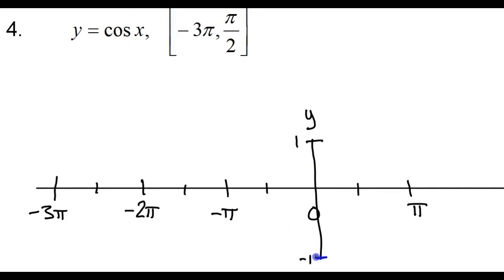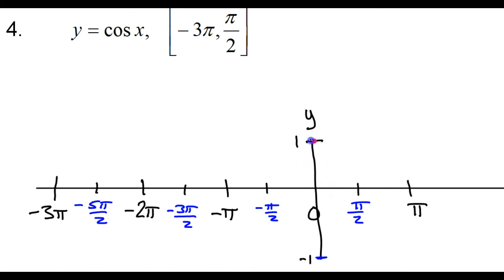Alright, so there's my axis going from +1 to -1, and I've added marks in between for the half pi's. So this is going to be positive pi over 2, and this is negative pi over 2, and -2 pi over 2, -3 pi over 2, -4 pi over 2, -5 pi over 2. Now the main thing you remember about the cosine function in terms of graphing it, if you don't remember anything else, remember that